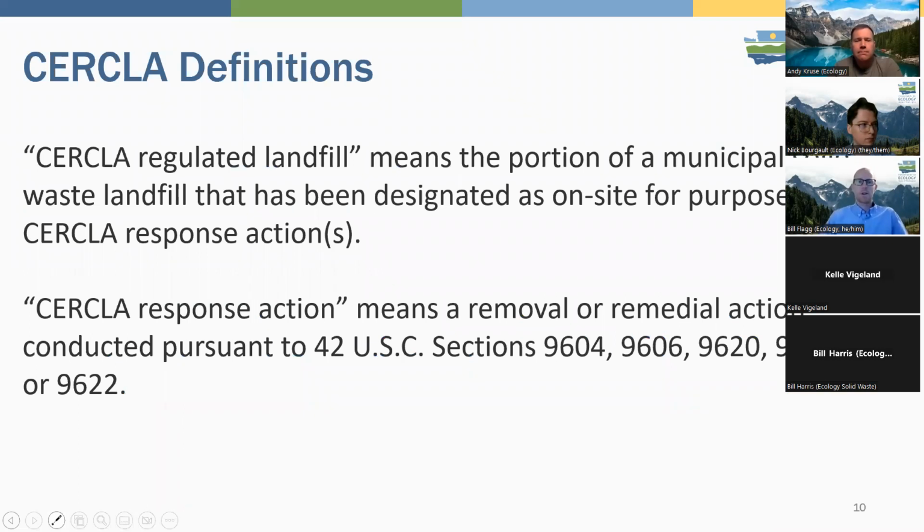We also covered during the last meeting some definitions that we had drafted in regard to exemptions. One of those was the CERCLA definition. I'm not going to read through the slide, but we do have this draft rule language posted on our webpage, and of course we welcome you all to continue to submit input either online or by reaching out to me on some of our drafted rule language, such as the CERCLA definition.